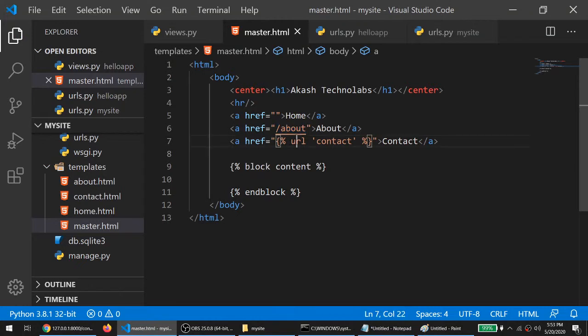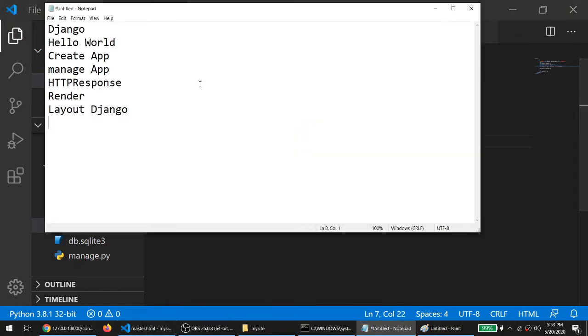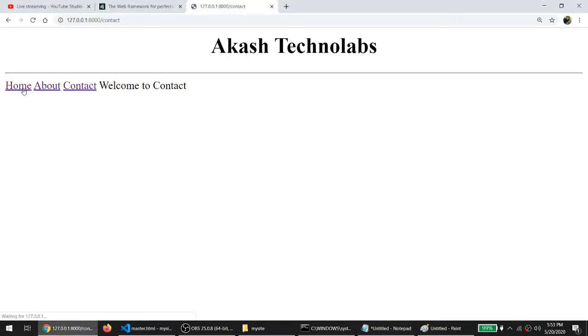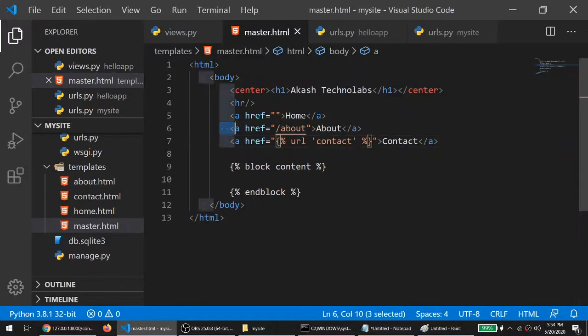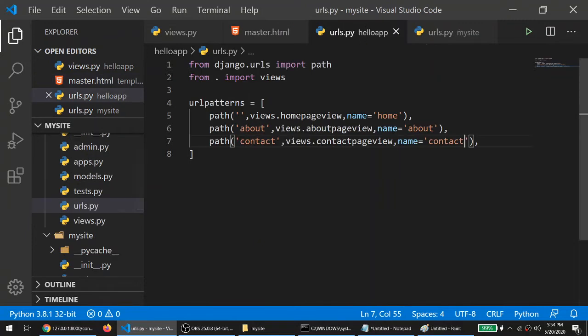Okay, so if I save this file, if I refresh this page again, see, contact us page is working smoothly, right? About us, contact us. So we have two different methods to specify our URLs. One is by providing a direct URL, and the second one is to specify the name of your URL, which is already specified in the urls.py.